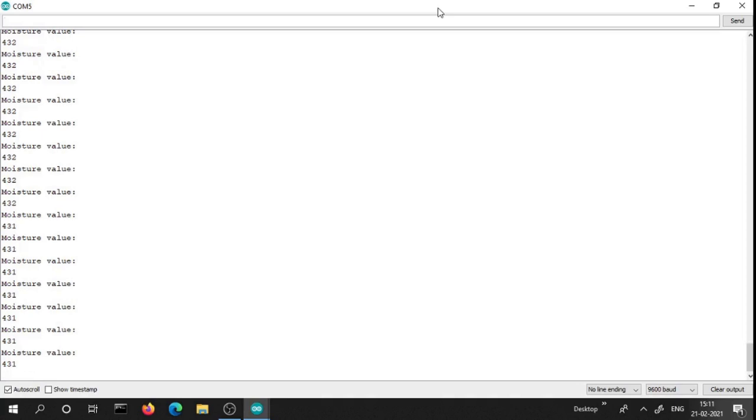Now I am going to dip the sensor into soil of different moisture values.